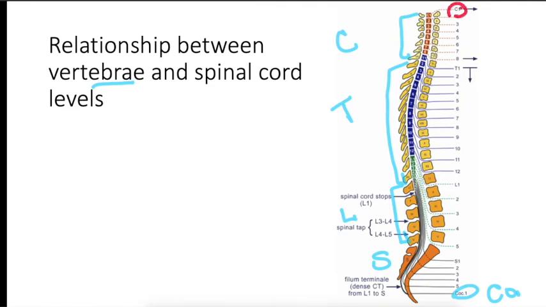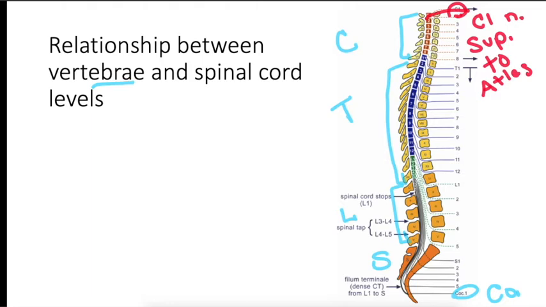You also have a C1 nerve, and so on. And notice that this is the C1 spinal cord level, and the nerve would come out here. In this case, the C1 nerve comes out superior to the atlas, or C1 vertebra. And same with C2, the C2 nerve comes out superior